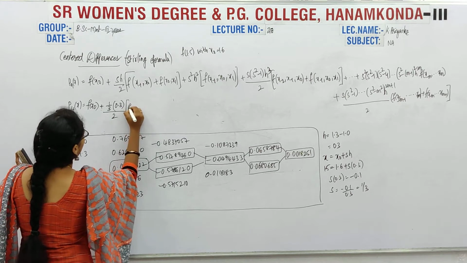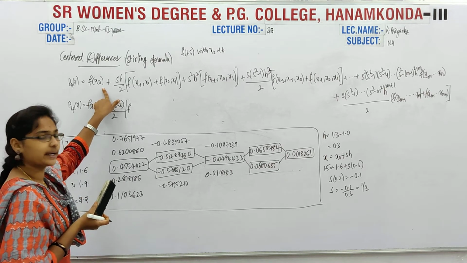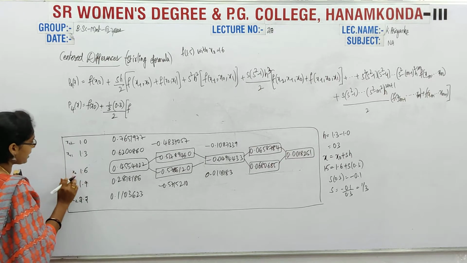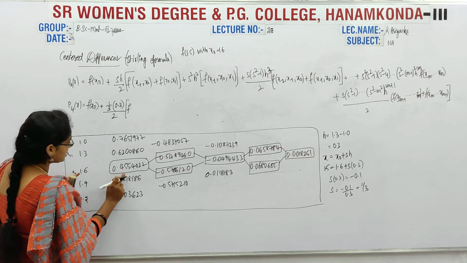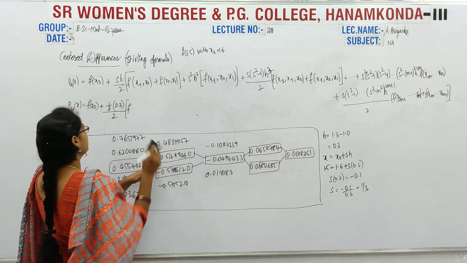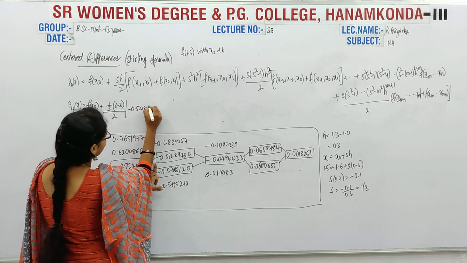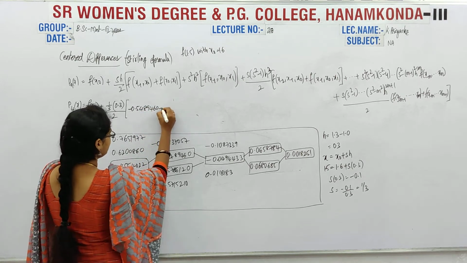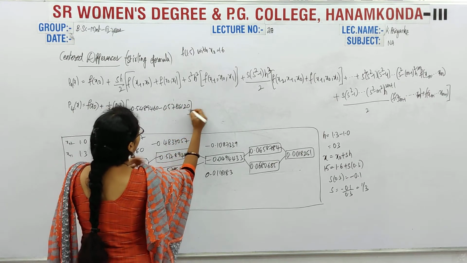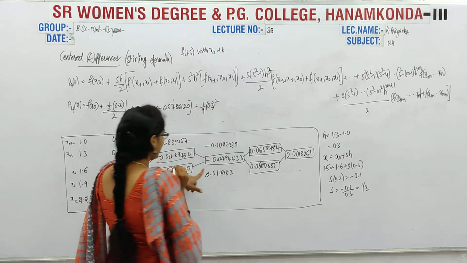Next, f of x minus 1. You have to write this formula, okay? Compulsorily write it, because practice is needed. So f of x minus 1, and here it is x naught, so x minus 1. This is nothing but f of x naught. So simply this is the value, okay? So now here, minus 0.5489460 plus, plus into minus, minus 0.57866120, okay, plus s square. S square means 1 by 9, h square, 0.3 square, into this value.